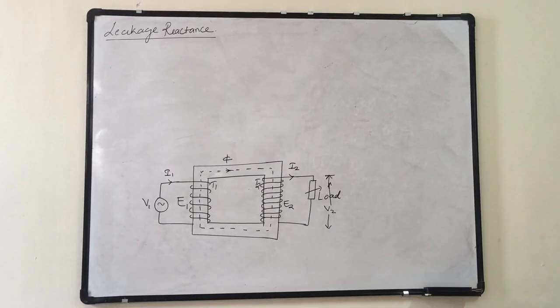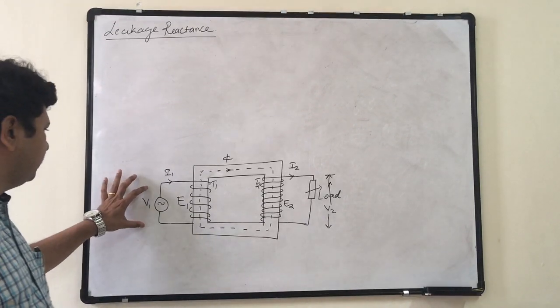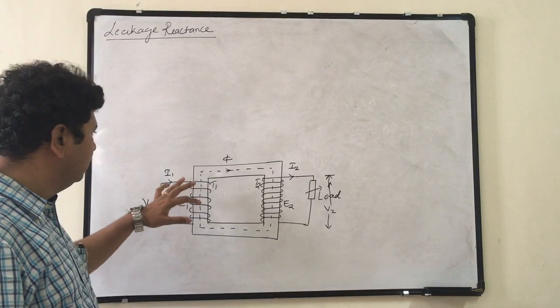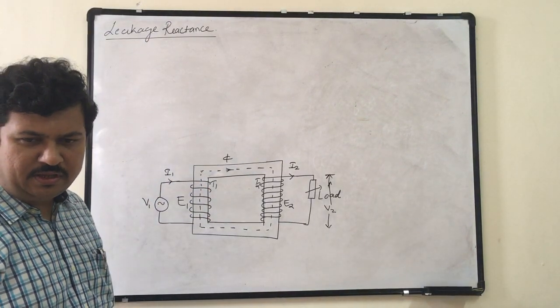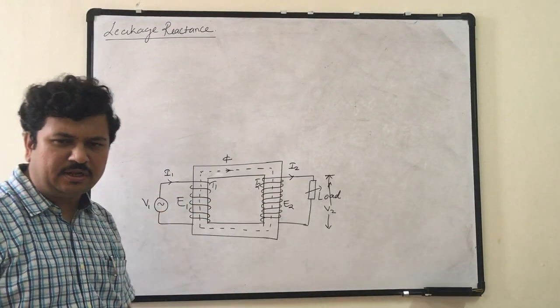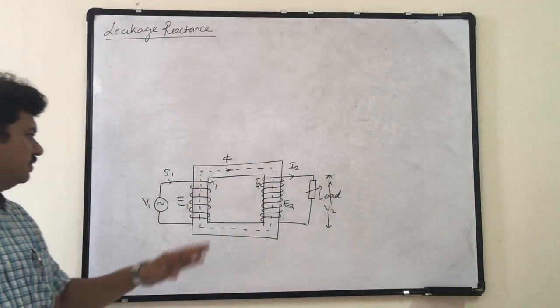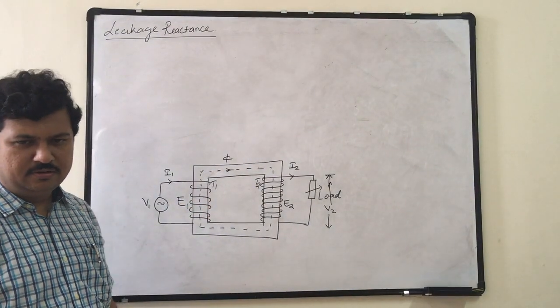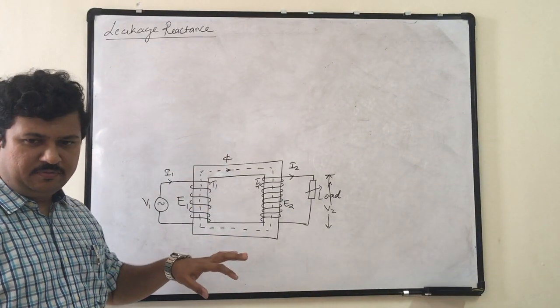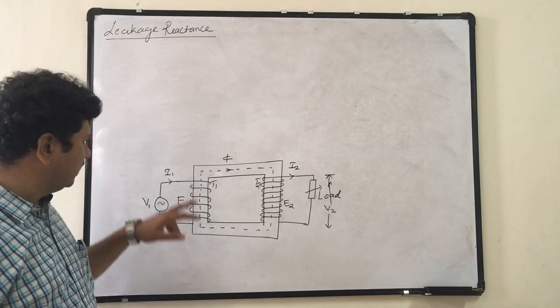Now this operation we know that when current is supplied from the source to the winding, that is, the supply is connected to the primary winding, it will create a main flux phi. That flux is created in the core, that flux will go to the secondary and link it, and an EMF is induced in both primary as well as secondary. This we know. But is it the flux phi which is totally produced by the current I1?